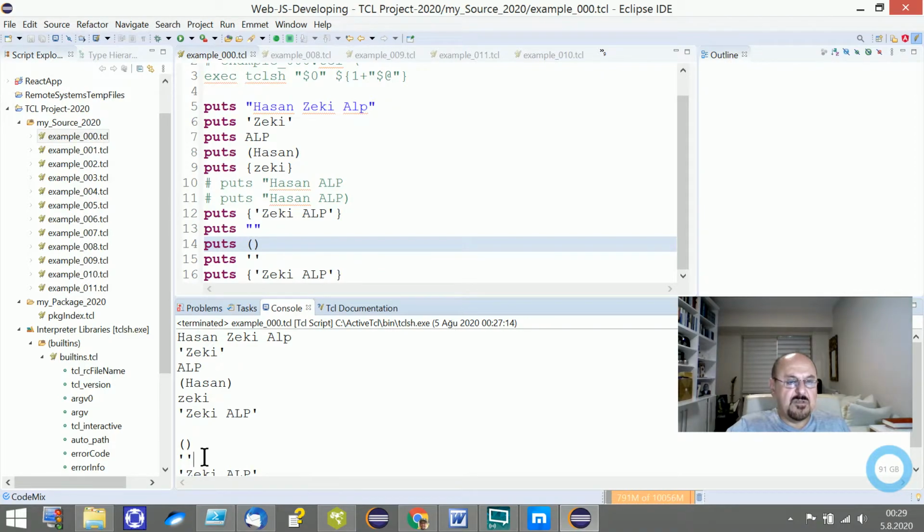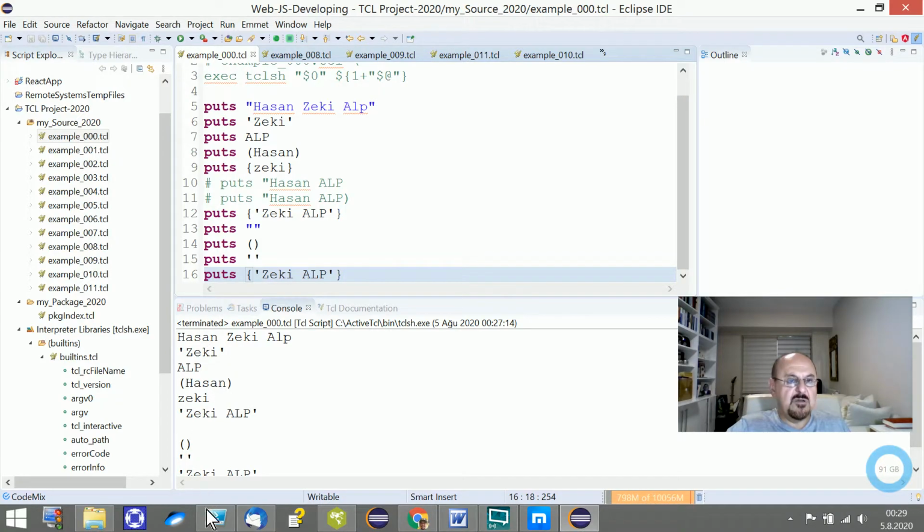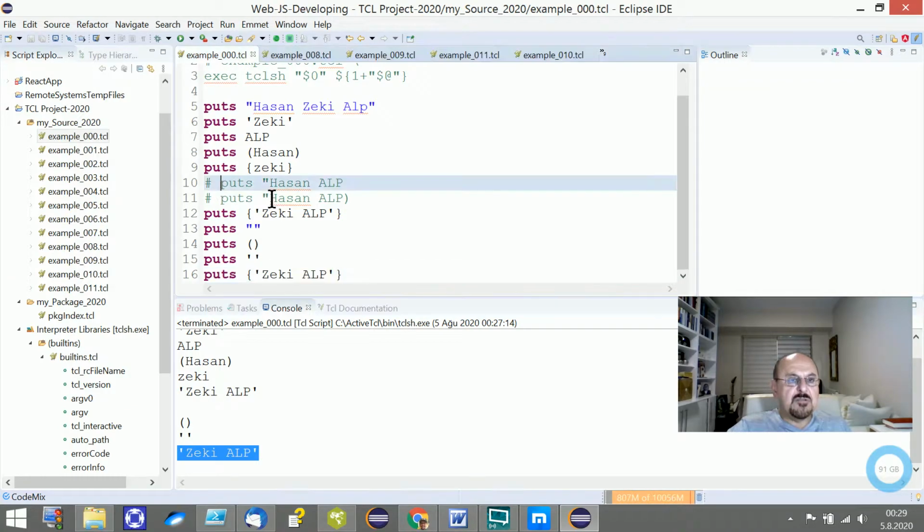And how about this one? It's printed like this. And the last one here, the curly brackets and single quotation mark and string. The curly brackets will be omitted, as I said, and only this single quotation mark and Zeki Alp will be displayed on the screen. Okay, I make it activated, this